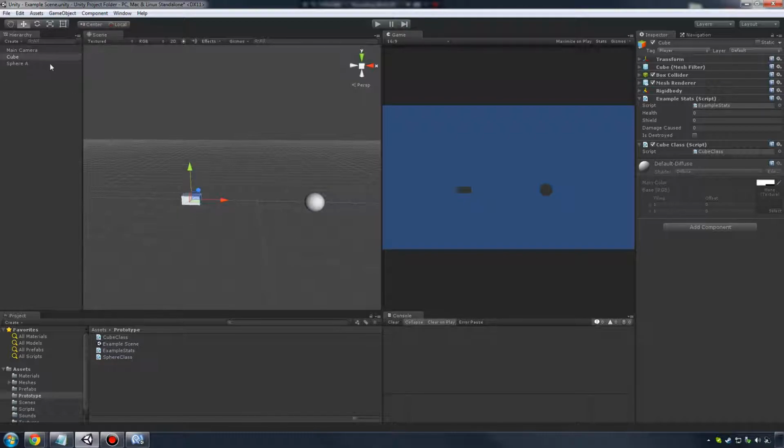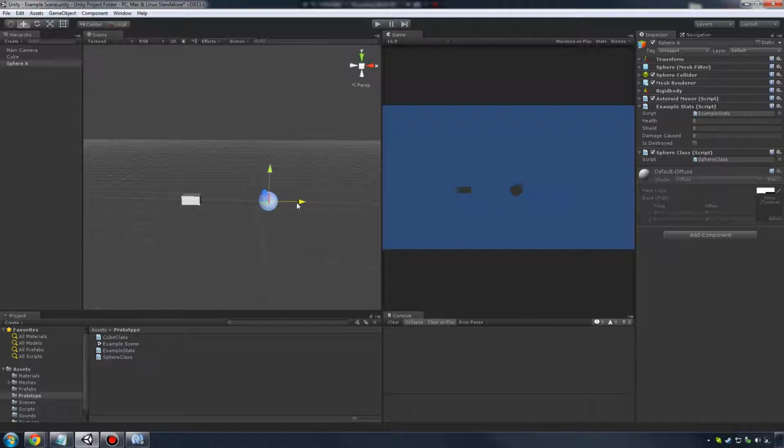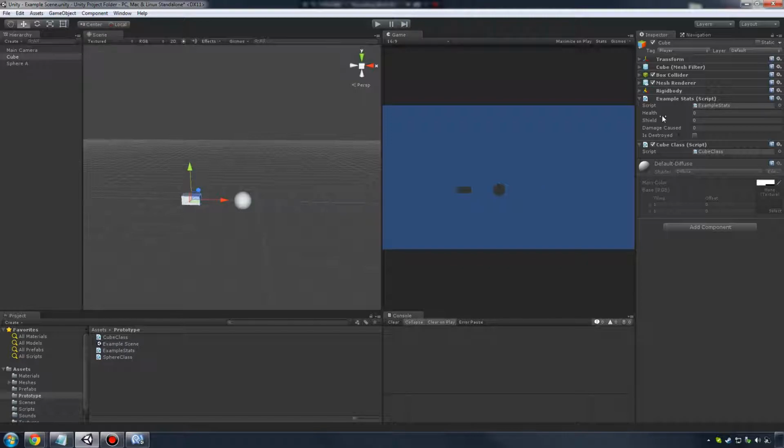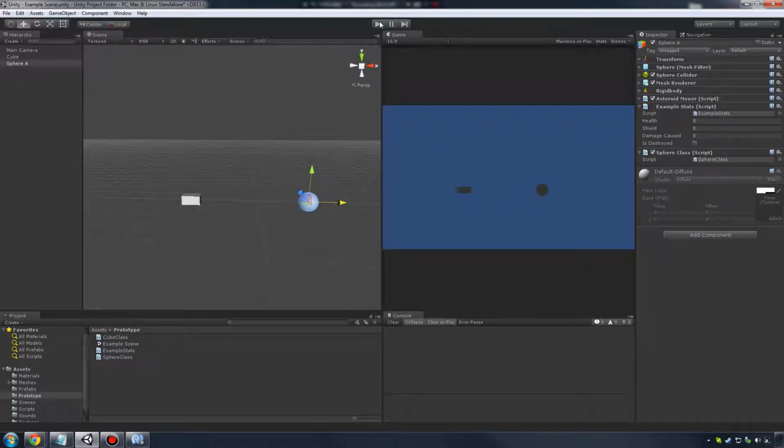So what's going to happen right now? Well, our cube and our sphere will have their values initialized. My sphere will travel to my player ship. It'll hit my player ship cube right here. It'll subtract the full amount from shields and half the amount from health, and the sphere will be destroyed. So if I hit play,